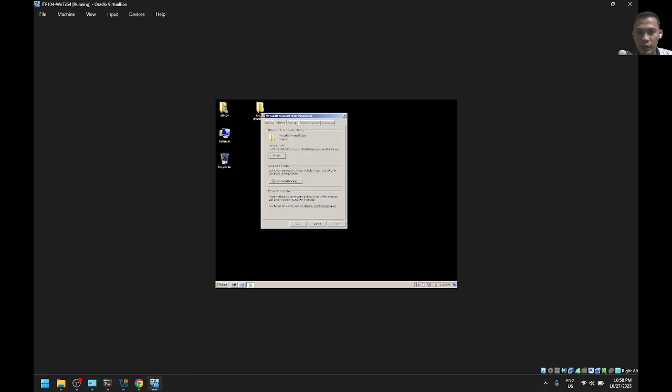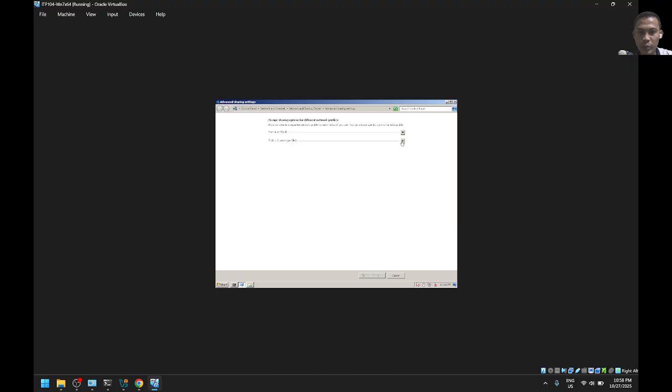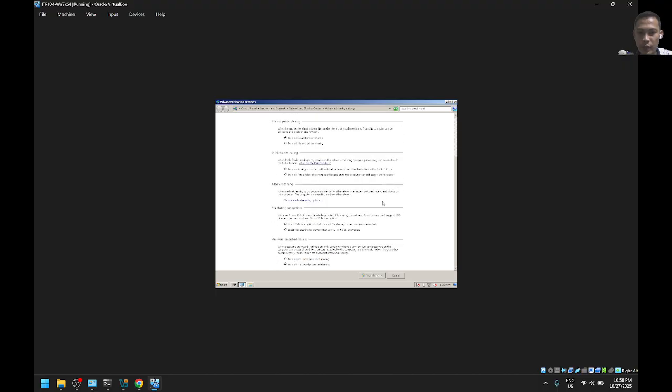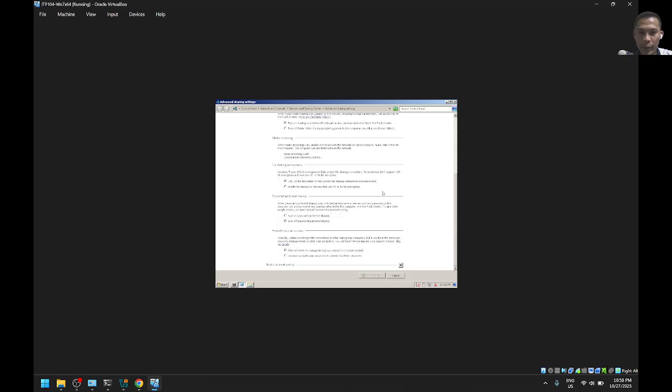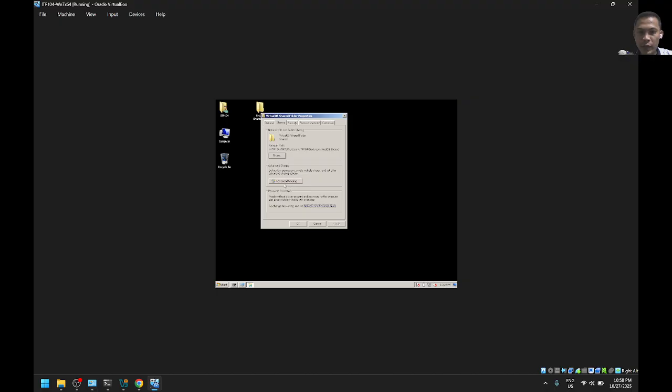Properties, sharing. So in this part, after configuring the network and sharing a while ago, we don't need to configure this one once again. It's already applied. We'll double check. So those two profiles are already turned on, so no need to configure them further. So here we go to the advanced sharing button.